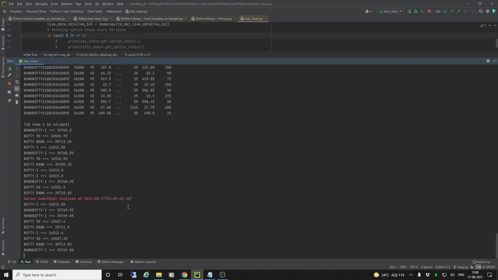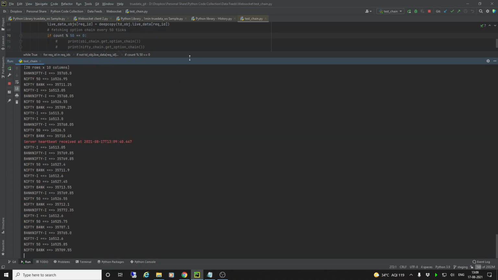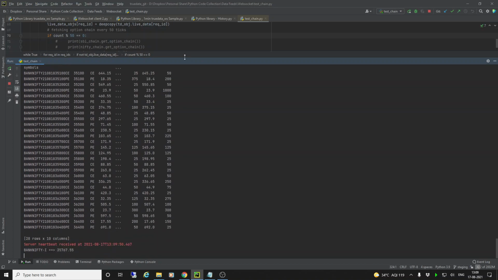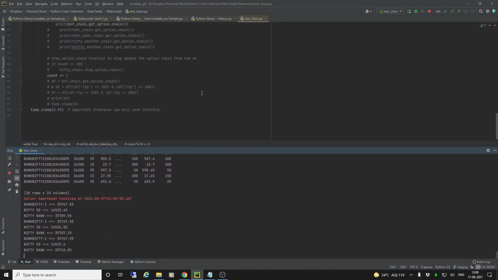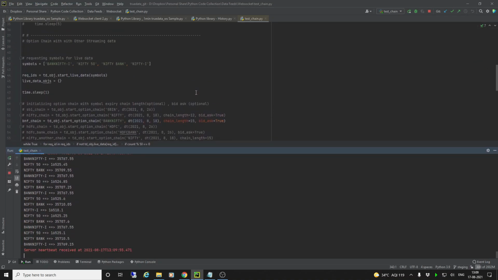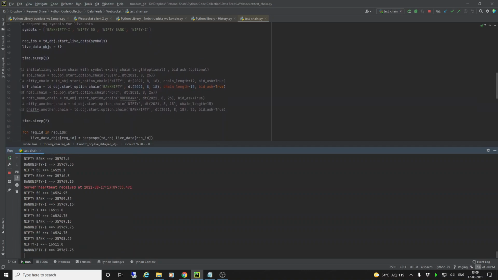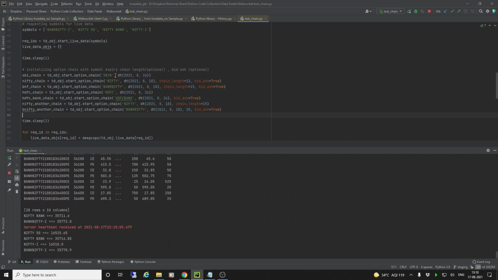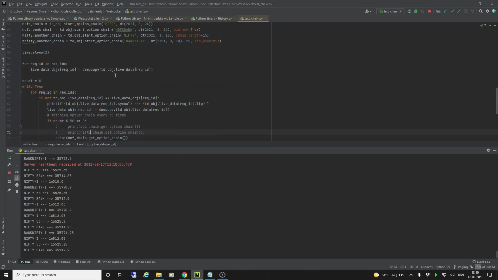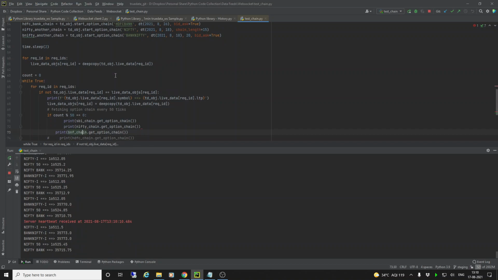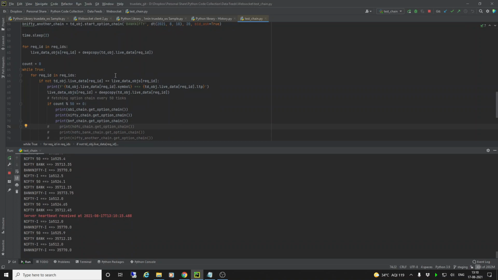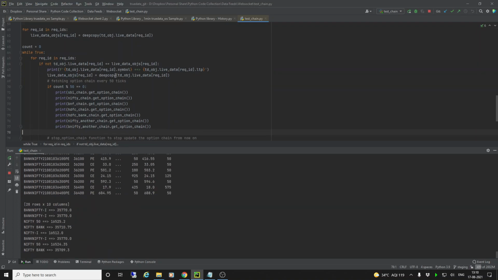All this code is given to you in the README, and it shouldn't be difficult for you to replicate all these things. And there is a lot more you can do here. Let us say you want to call multiple chains. Okay, SBI. Now I'm going to call multiple chains. And let's see what happens. Will we be able to call them?